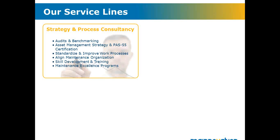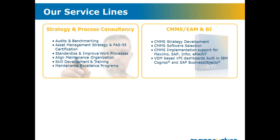We have 4 service lines on which our advice is based. The first one is strategy and process consultancy. In this service line, auditing and benchmarking takes an important place. We also do asset management strategy, PAS 55 certification, standardization of work processes, and all stuff like that. Another service line